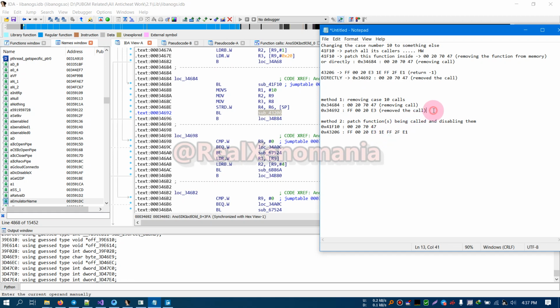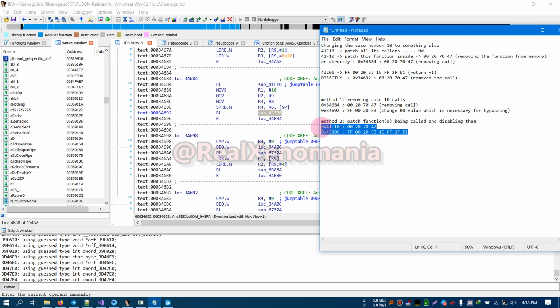This will not remove the call, it will change the R0 value, which is necessary for bypassing. So these two offsets are now necessary and safe for bypassing the emulator,